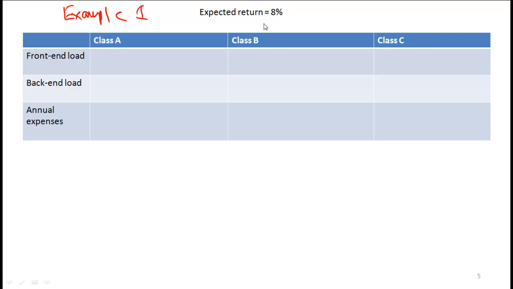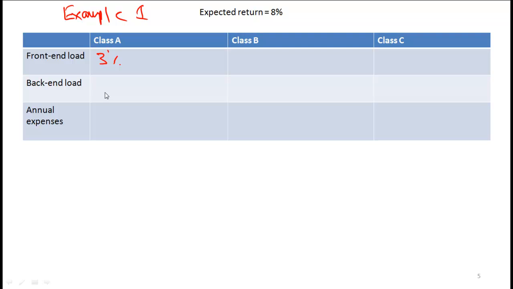So based on how the economy and the underlying shares and the risk profile of the shares, given all these factors, the investor is expecting that each one of these class of shares will grow at 8%. But the difference between these 3 classes is the expenses involved. With Class A shares, we have a front-end load of 3%, which means that if you invest $1, then 3% is taken away right up front. That's why this is called a front-end load.